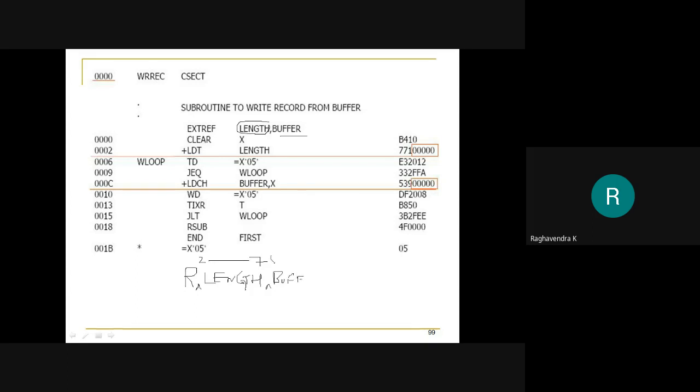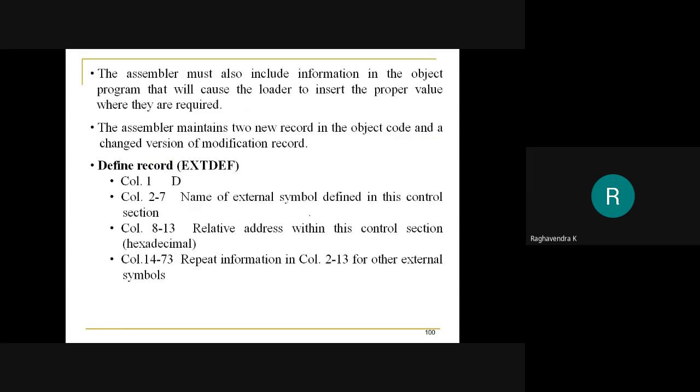From 8 to 73, you will have repeat information. Suppose I have one more reference, for example XYZ, so I'll write it as XYZ. That's it. So writing a refer record is very easy. Just write down whatever is specified in the external reference. Got it?